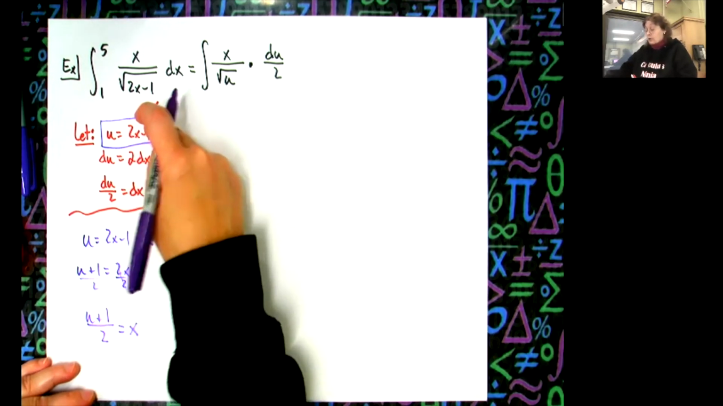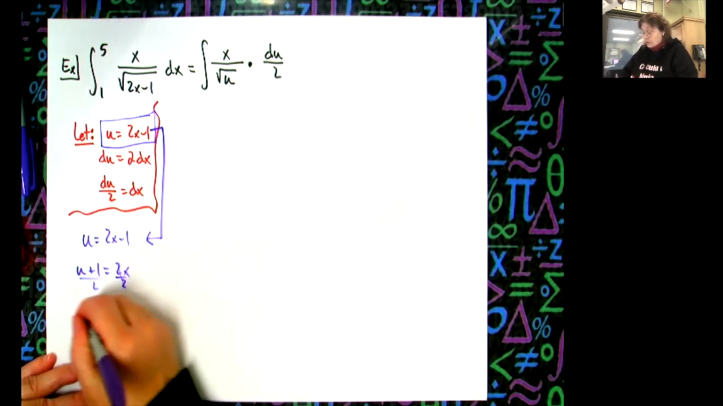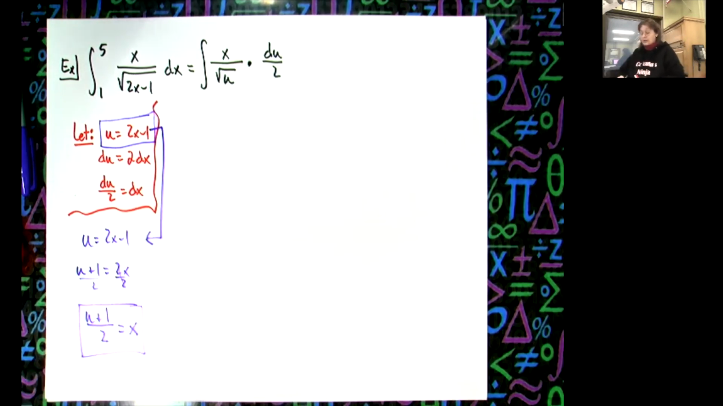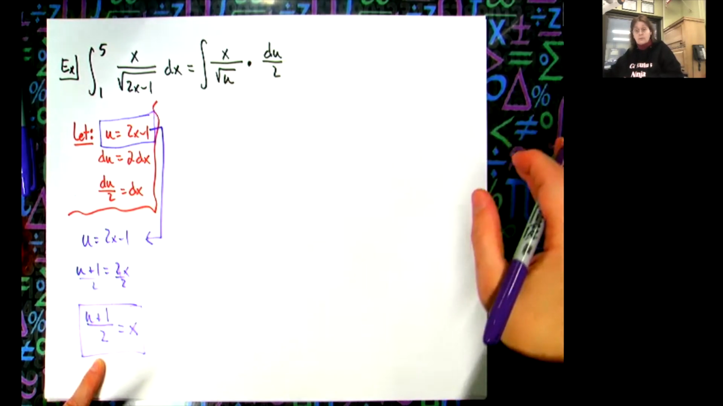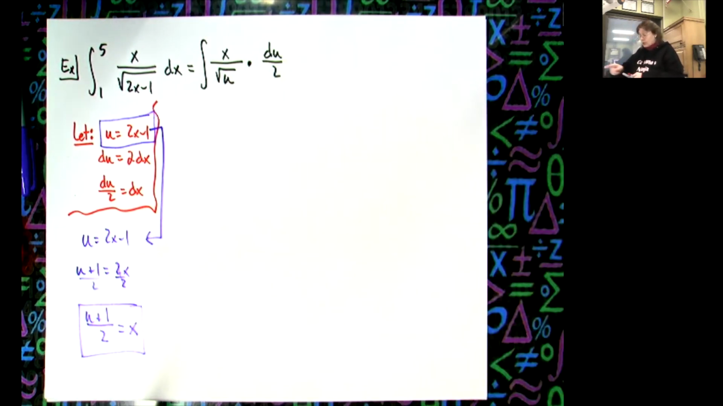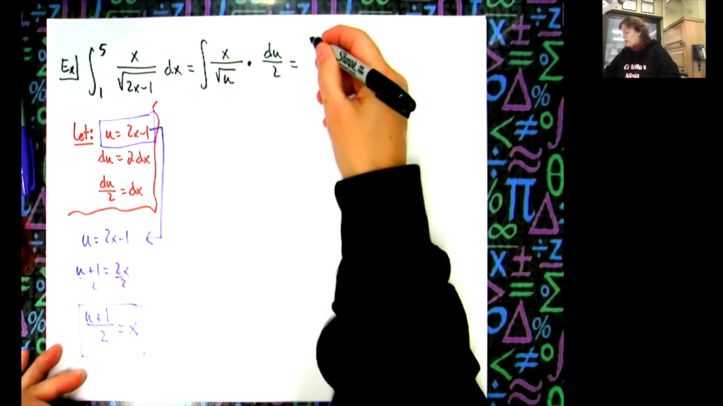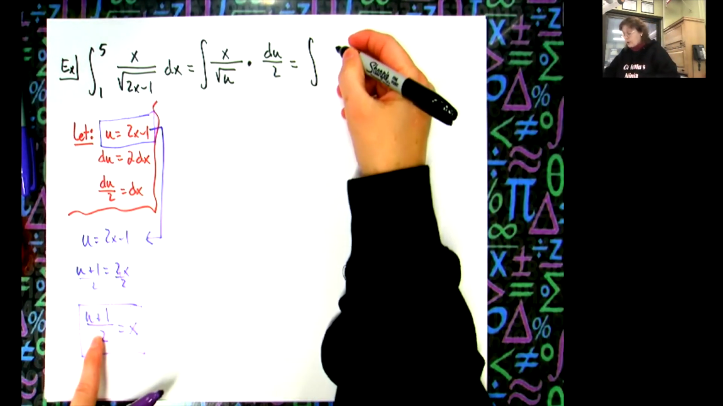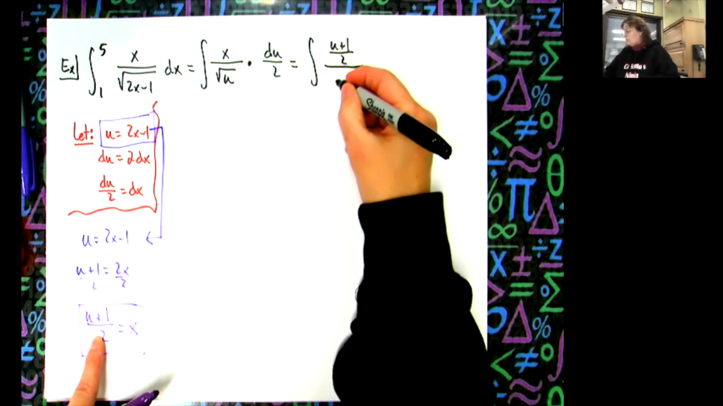And I've already used this once, so this is good. This connects to this, so I am good. So now I've got an x left over. Can I replace the x with this? And I'll have everything in terms of u. So let's do that on our next step here. I'm going to replace that numerator with (u plus 1) over 2, all over